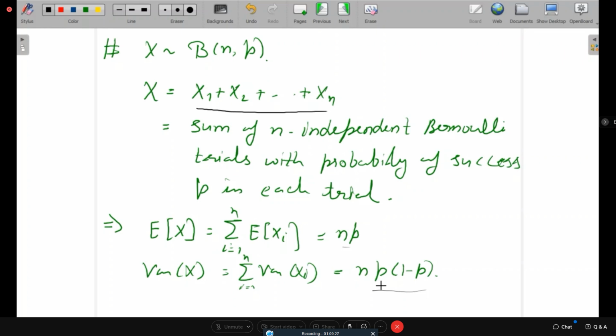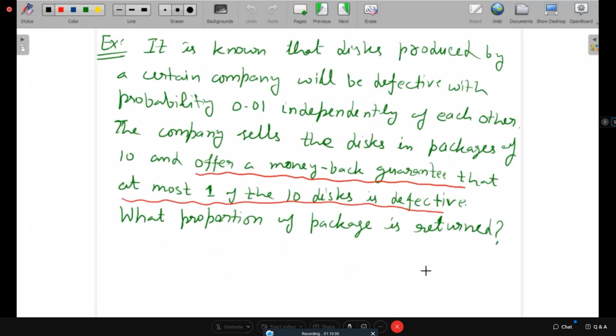So the basics sometimes help you a lot in this case. So if x follows a binomial random variable with n independent trials and p as the probability of success, then its mean is n times p, and the variance of x is n times p times 1 minus p. Right? So the thing is clear. Okay, now